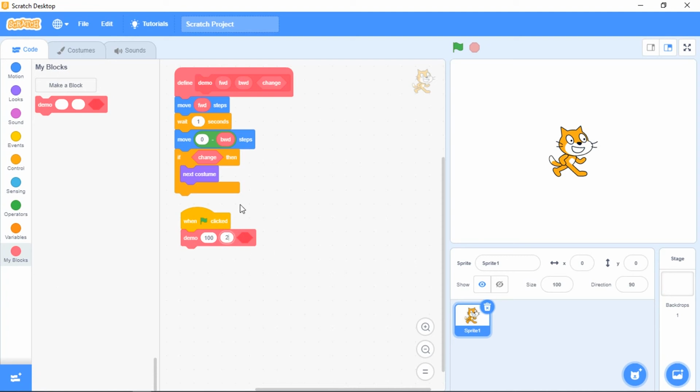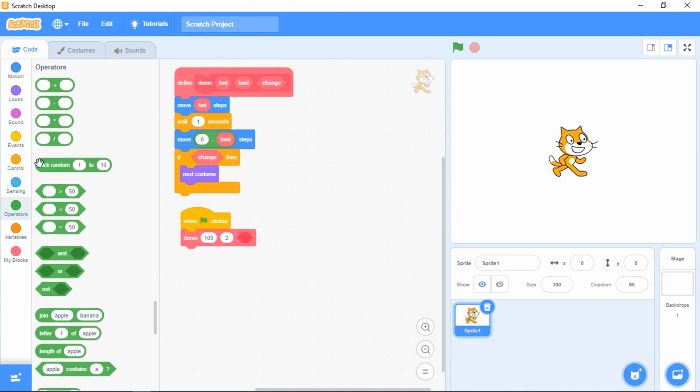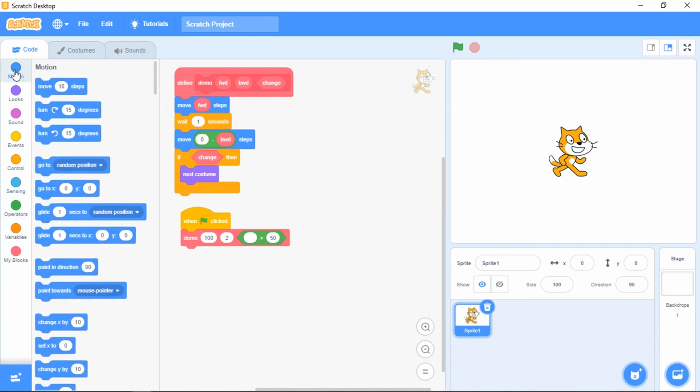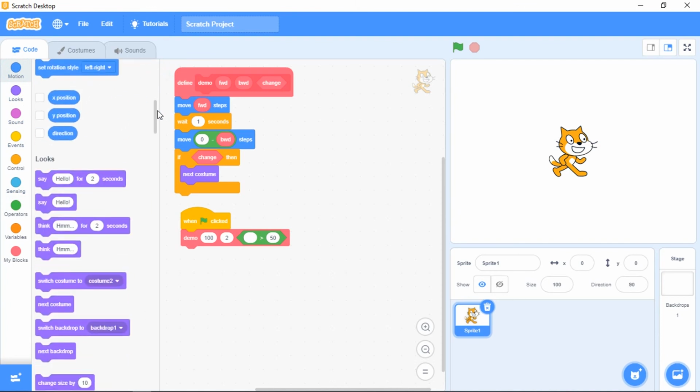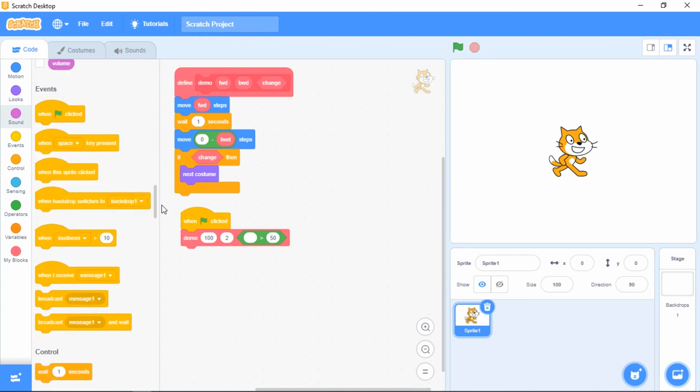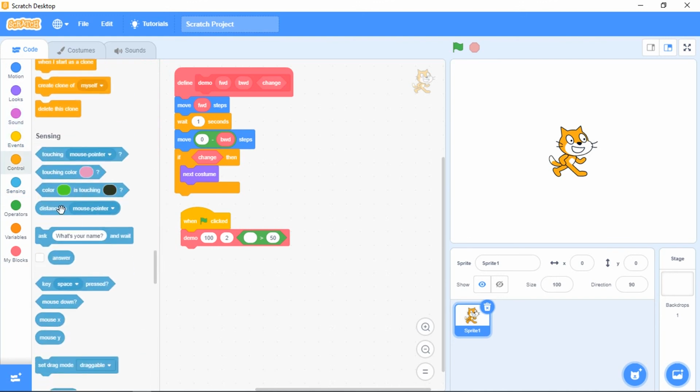Next, the color should get changed if distance to pointer is greater than 50. So color should get changed. Next costume.